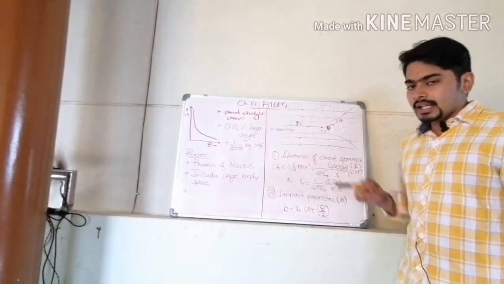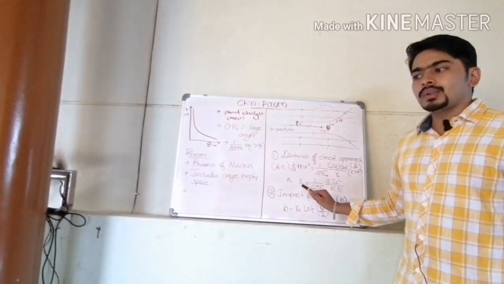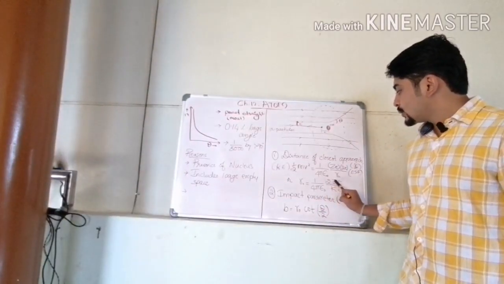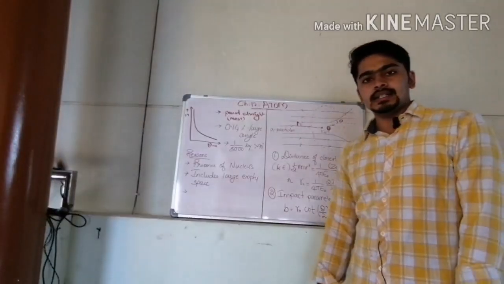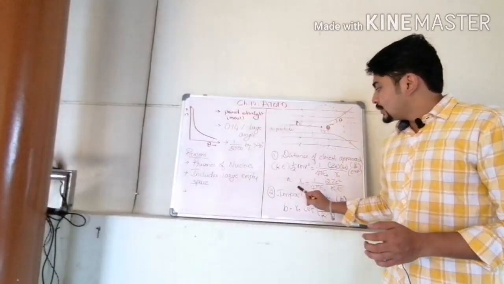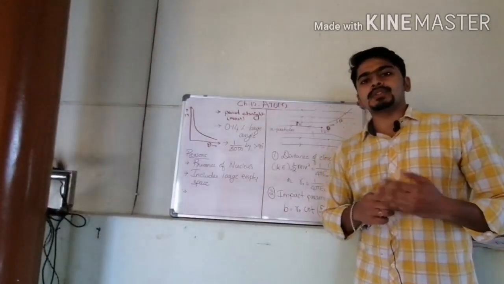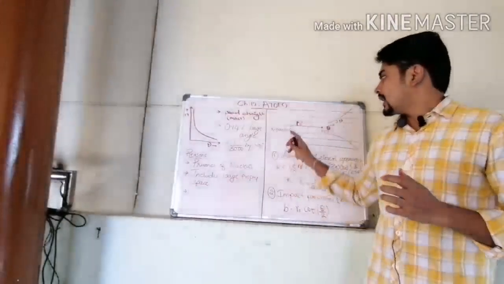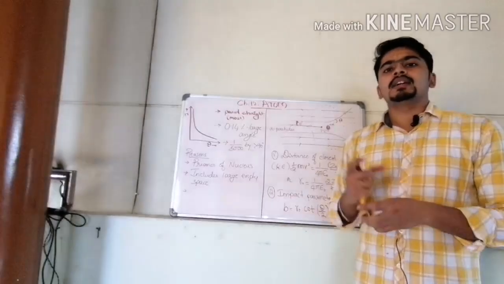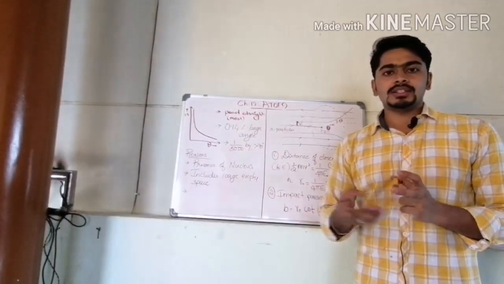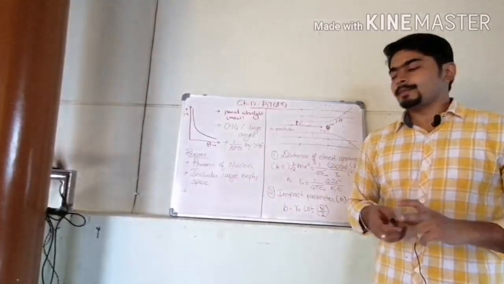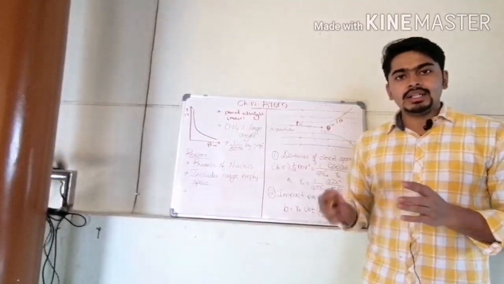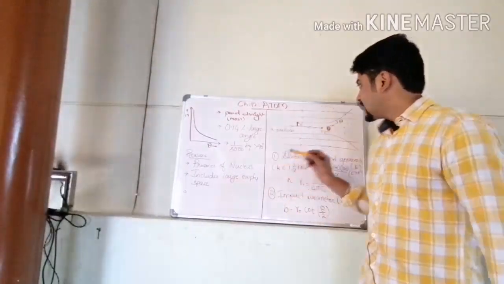On deriving this equation, we get the value of the distance of closest approach. So r0 is equal to 1 by 4 pi epsilon naught, 2 Zd square by Ke, the kinetic energy. This gives the value of r0, the distance of closest approach. If I consider a helium nucleus of some amount of energy approaching the nucleus, the charge of the alpha particle and the charge of the gold nucleus are known. On substituting all that data, you get r0 in terms of 10 raised to minus 15.